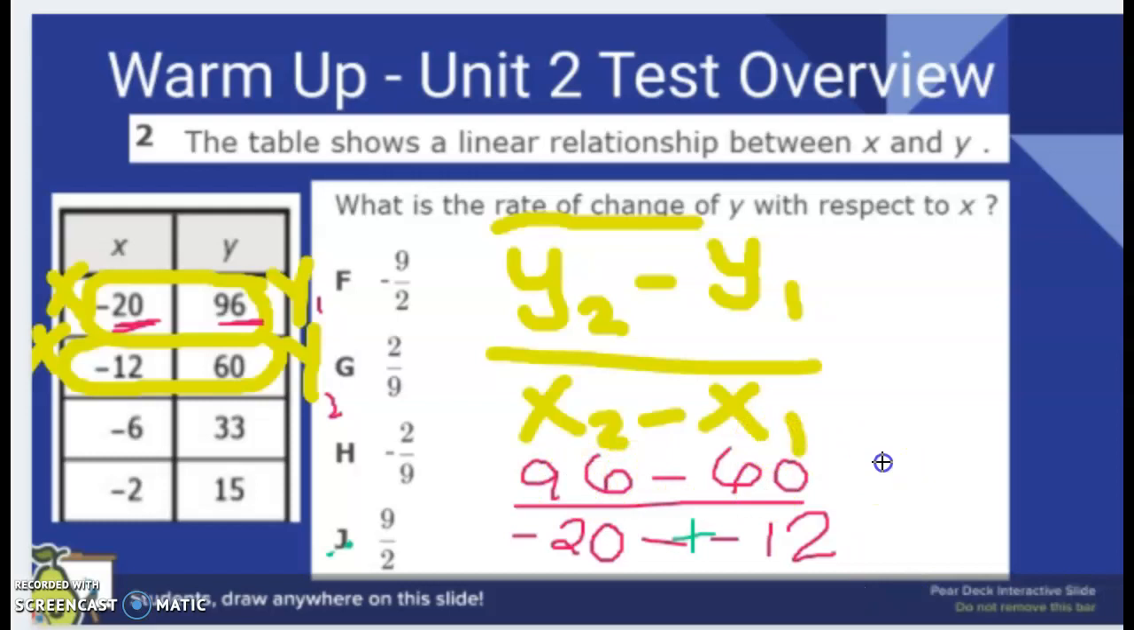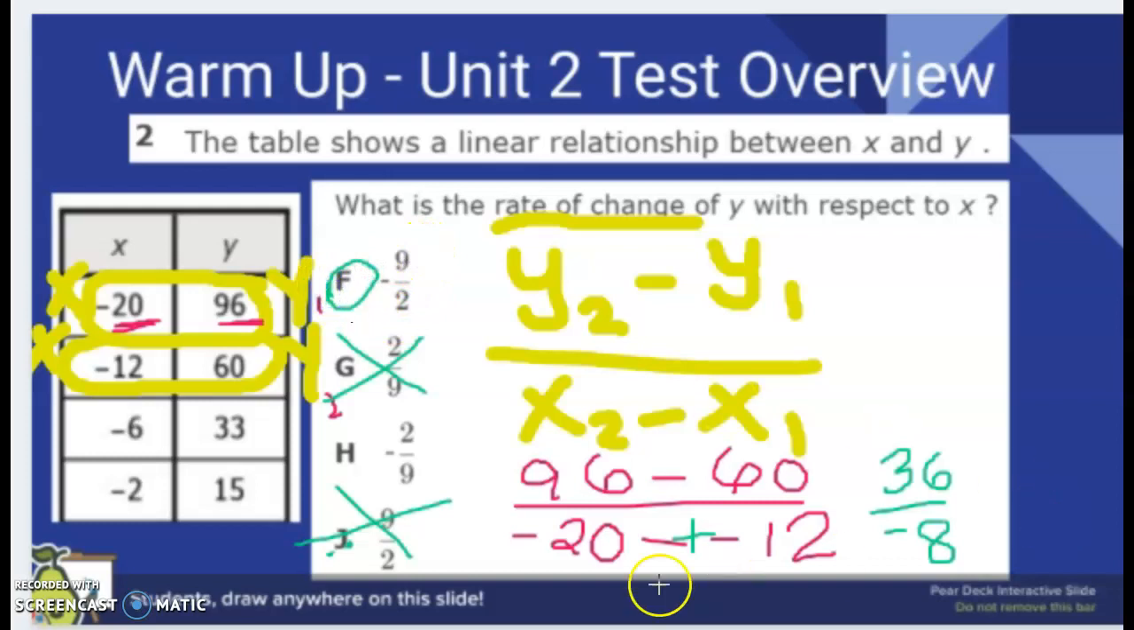So on the top, if I subtract, I get 36 over a negative 8, right? So I can cross out 2 answer choices right off the bat because I know that my slope is going to be negative. So I can cross out G and I can cross out J. So if I simplify my fraction, I am left with a negative 9 over 2,